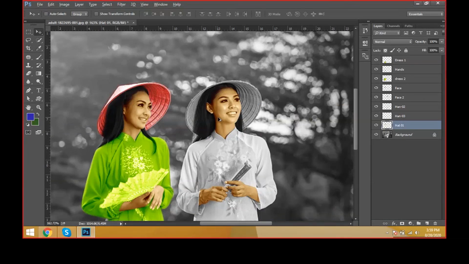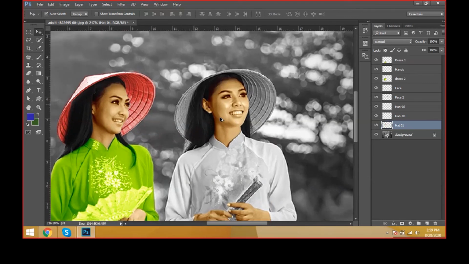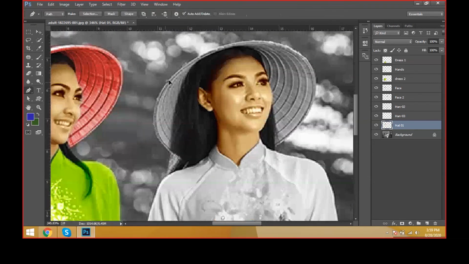Click OK. Now select this one and make the selection process here also. Take a pen tool and select this hat here also.